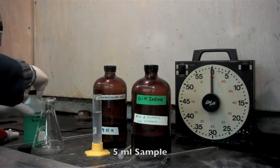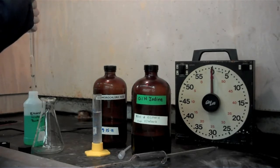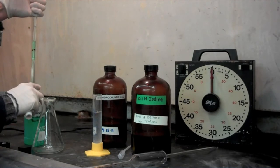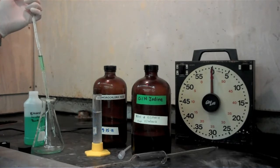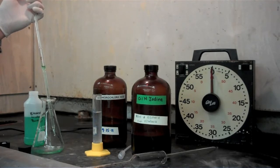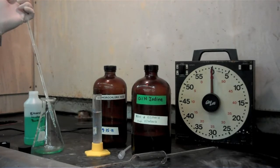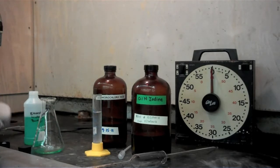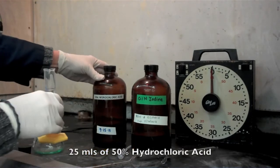So what we're going to do is pipette a 5 ml sample of the bath. Using a pipette will give us a more accurate sample. And we're going to pipette that into a 250 ml Erlenmeyer flask. Tap the end of the pipette to draw off the remaining sample. And once we have that sample in there, we're going to add 25 mils of 50% hydrochloric acid,